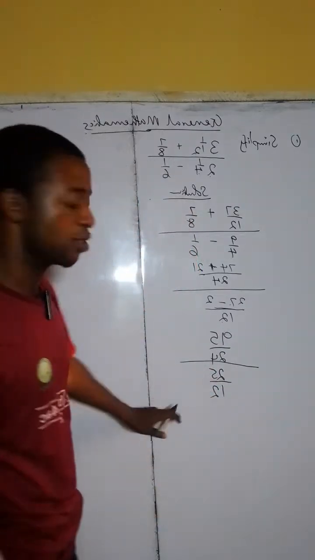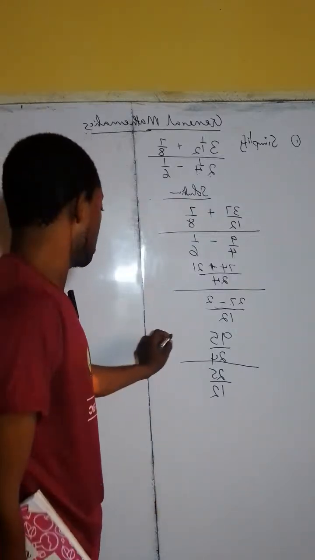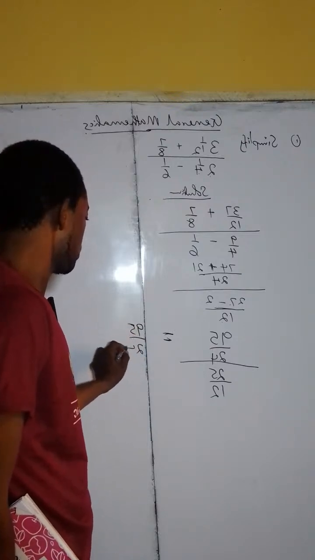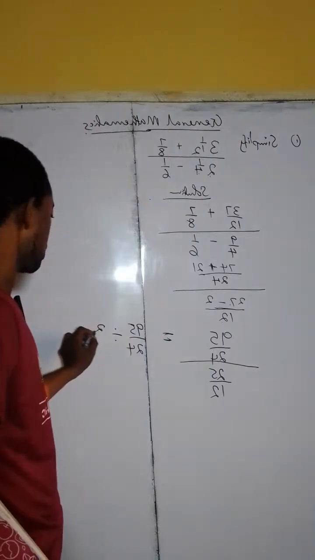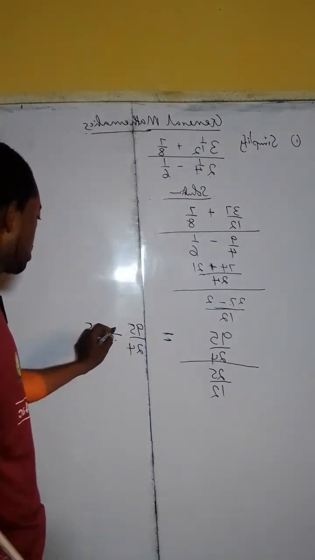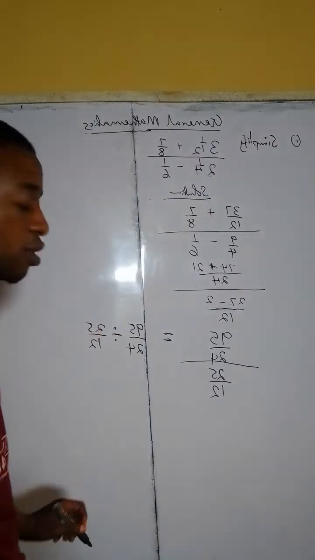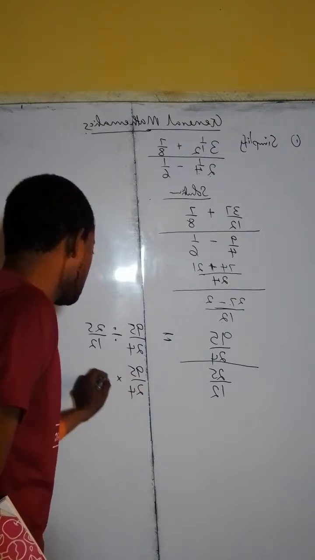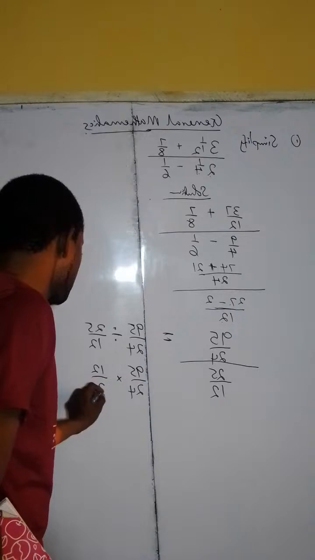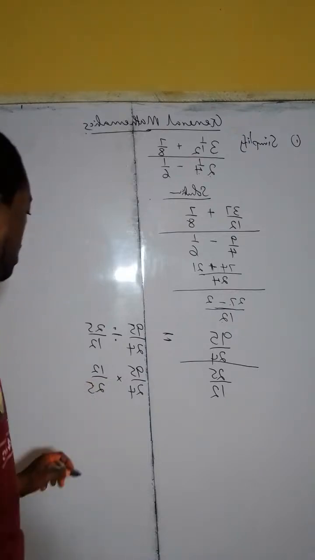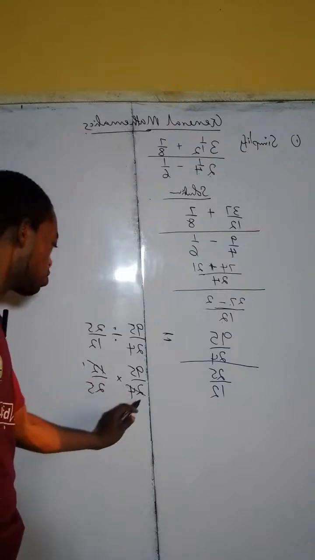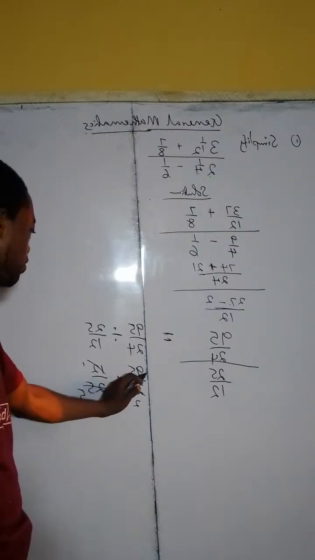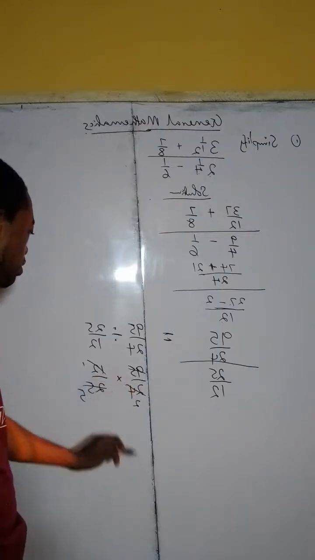And here we can write this. This is the same thing as 95/24 divided by 25/12. And we can change division here to multiplication. Then what we have becomes 95/24 times 12 will now go up, then 25 come down. And from here, 12 goes in 12 once, 12 goes in 24 twice. Also 5 goes in 25, that's 5. And 5 goes in 95,